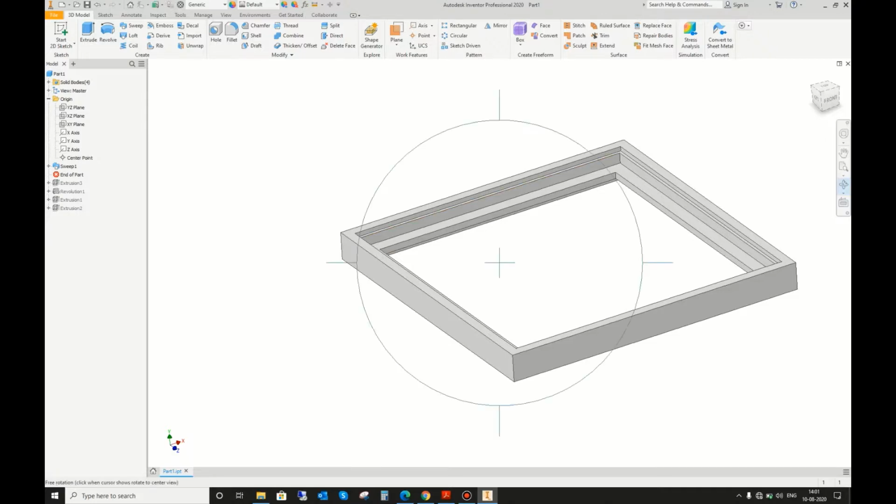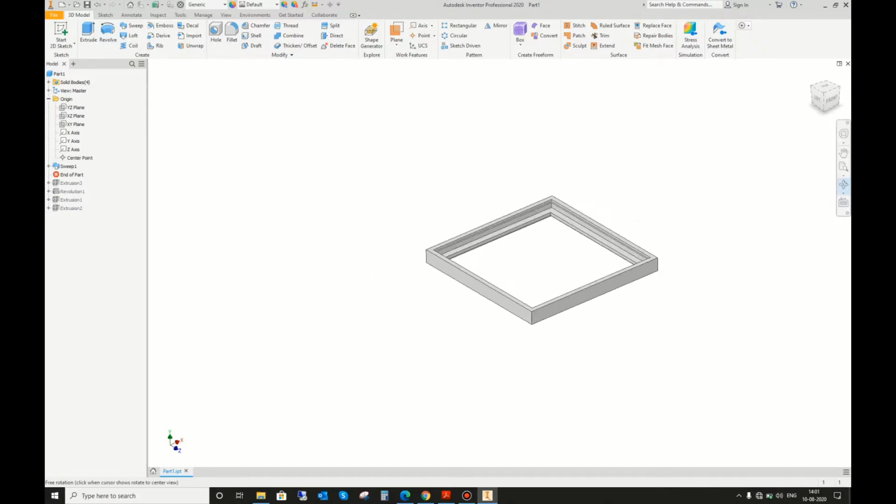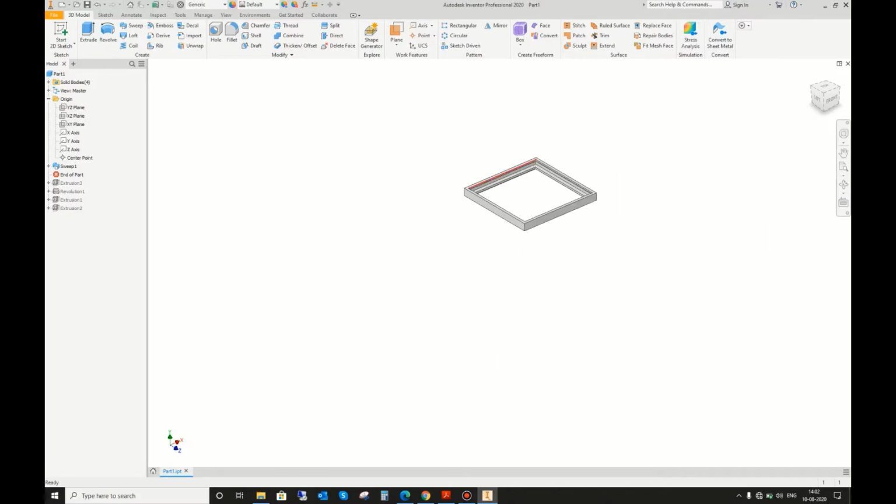So this way, the approach can be different. Someone likes extrusion more or revolve more, then they can go with their intuition of which feature they like. There is no rule that we have to use specific features for making specific parts. You can go according to your convenience. Okay. So we saw extrude, revolve, and sweep.